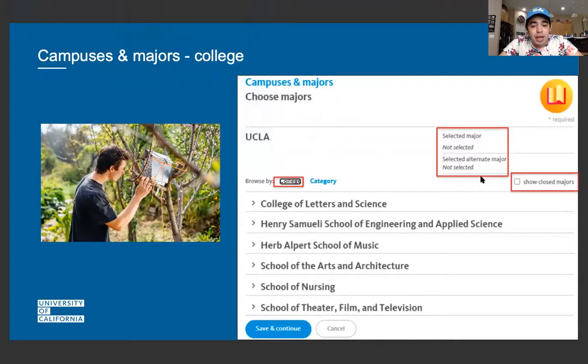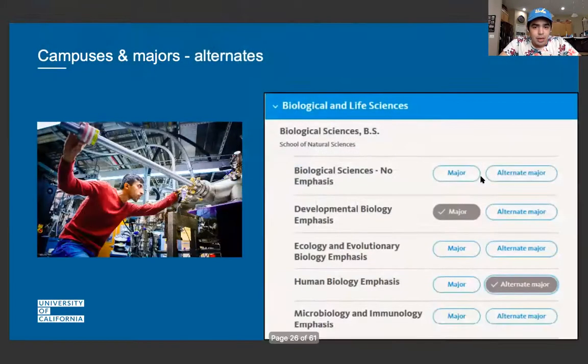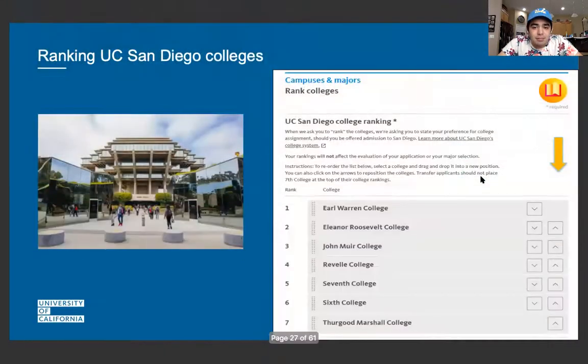For example, at UCLA, we have many different majors, different schools. I'm a part of the School of Theater, Film and Television, so I would select that one and then go to the theater major, and I find that one. And some have alternate majors. If you don't get into the major that they saw you for, they can look at the other one, see if there's room, see if you might fit for that major. But that's okay. Alternate majors are not a big thing, but make sure you select a couple. Yep, you're going to show which one's your major, alternate major, all of that.